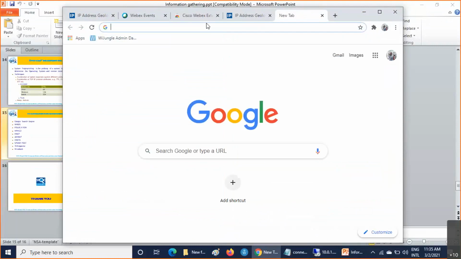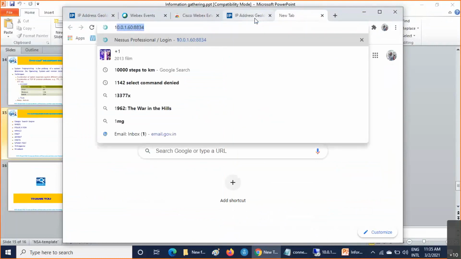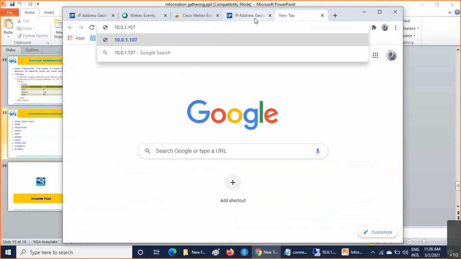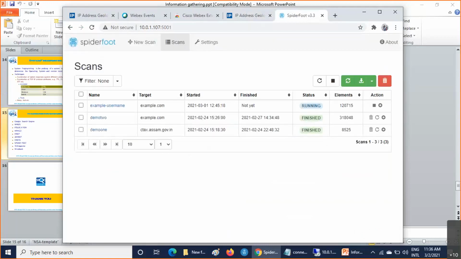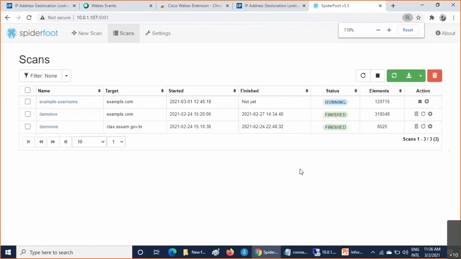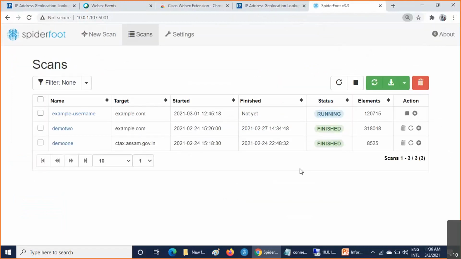One tool is there, Spiderfoot. So I'm typing here 10.0.107. For ourselves, the service is running at 50014. We have configured this service on this port. Someone was asking me some questions, so I think you have got your answer that we are running it from our configured port.